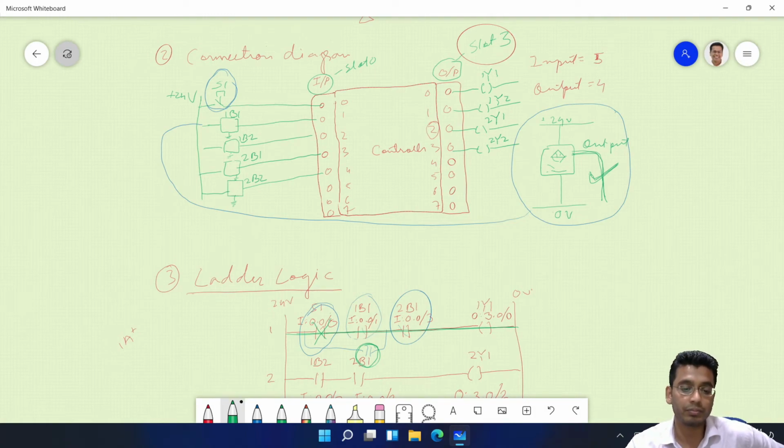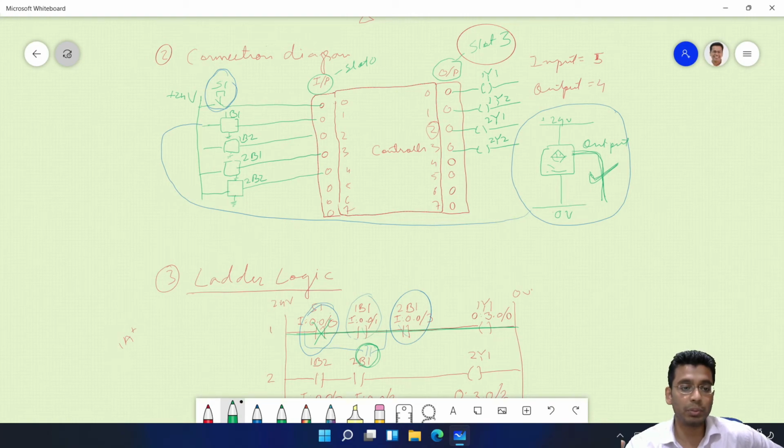Which type of proximity sensor will you use, capacitive or inductive? I told you these are only different types. They all work in the same way. Only the working principle is different, but they all do the same work. So you can use capacitive, inductive, or magnetic. Depending upon the application, we should decide.